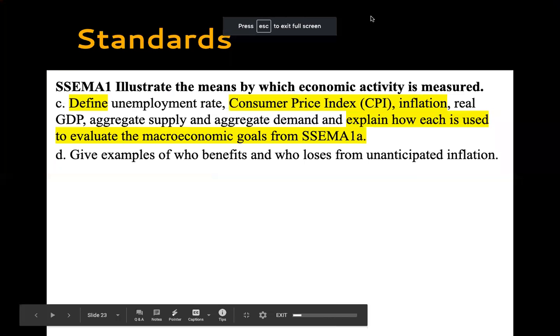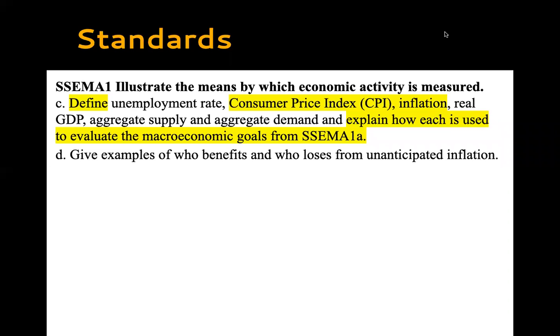Now, as you see here, we're looking at the standards, social studies, economics, macroeconomics, standard one. Now we're looking at defining the consumer price index, inflation, and explaining how they are used to evaluate those macroeconomic goals, mainly the macroeconomic goal of stable prices. When we talk about inflation and the consumer price index, we are talking about prices that people pay. We are talking about how much things cost and how those things can change over time